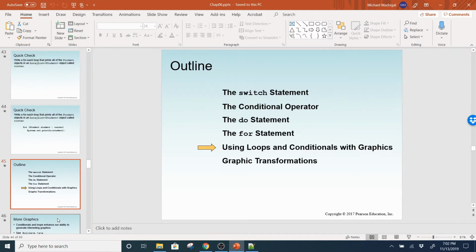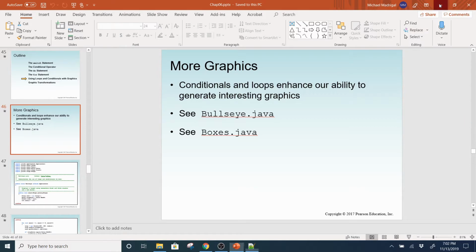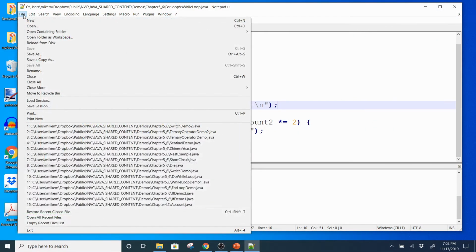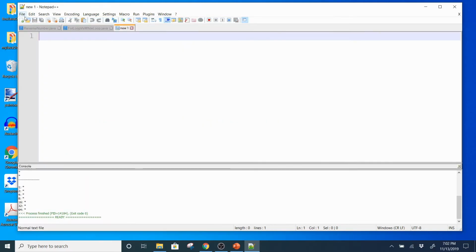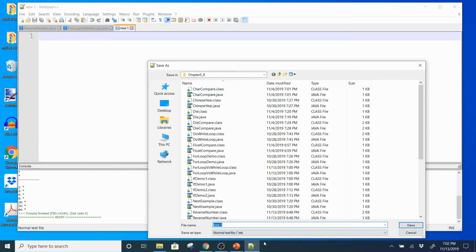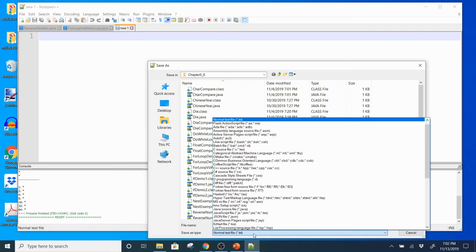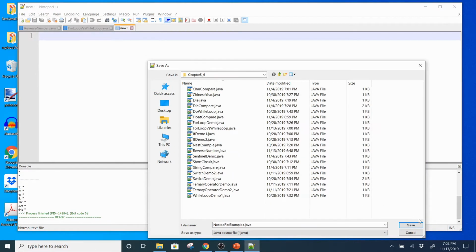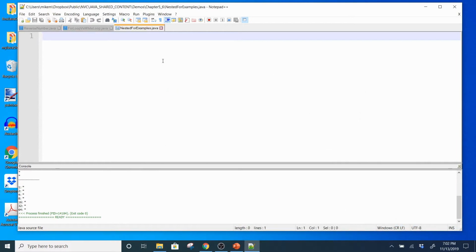All right, that's it. Okay, so let me give you an example of nested for loops. So I'm going to come over here and make a new program. I'm going to save this as nested for examples. All right, so I'm going to say public class